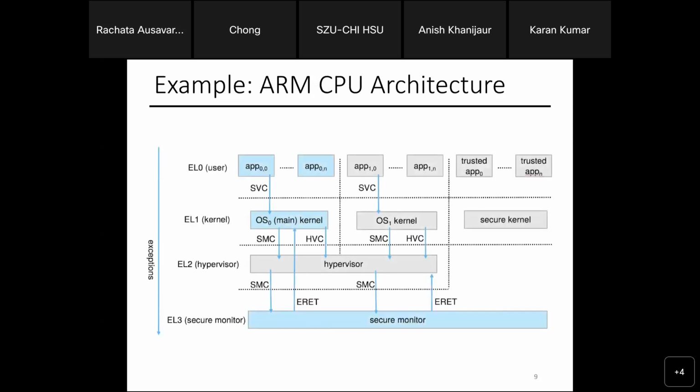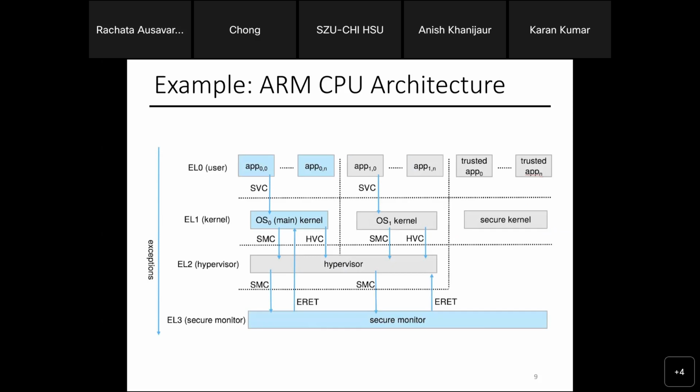Now the ARM CPU architecture and the way it works. It's more of a mix with mobile, because ARM is used in mobile, right? So it would have some of the features that Android Trust Zone would like to have. For example, I have this trust application from the user. If you look at EL1, you have the user and the kernel, right? Don't worry about EL2 and EL3 for now.